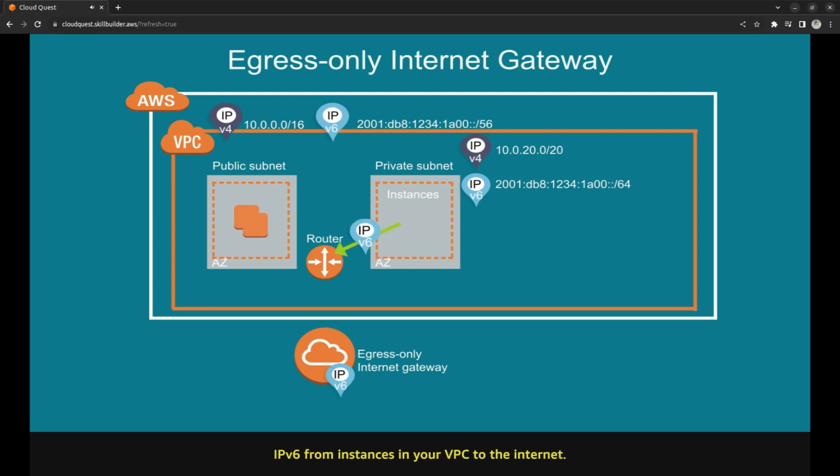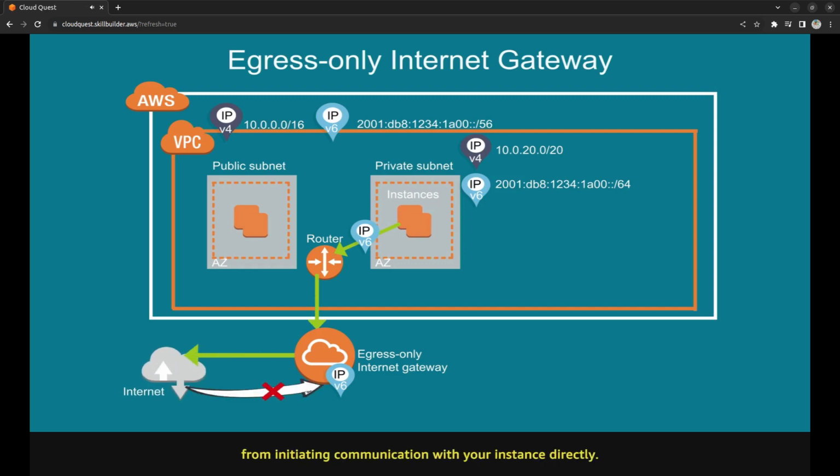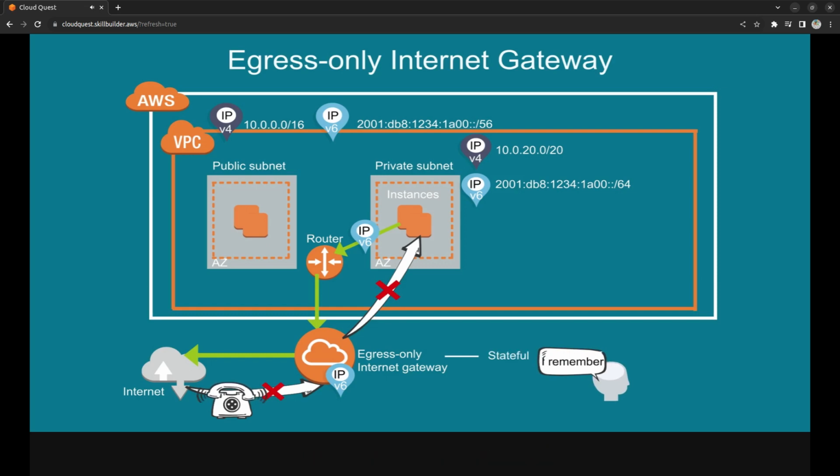communication over IPv6 from instances in your VPC to the Internet. At the same time, it also prevents resources on the Internet from initiating communication with your instance directly. An egress-only Internet gateway is stateful. It forwards traffic from the instances in the subnet to the Internet, and then sends the response back to the